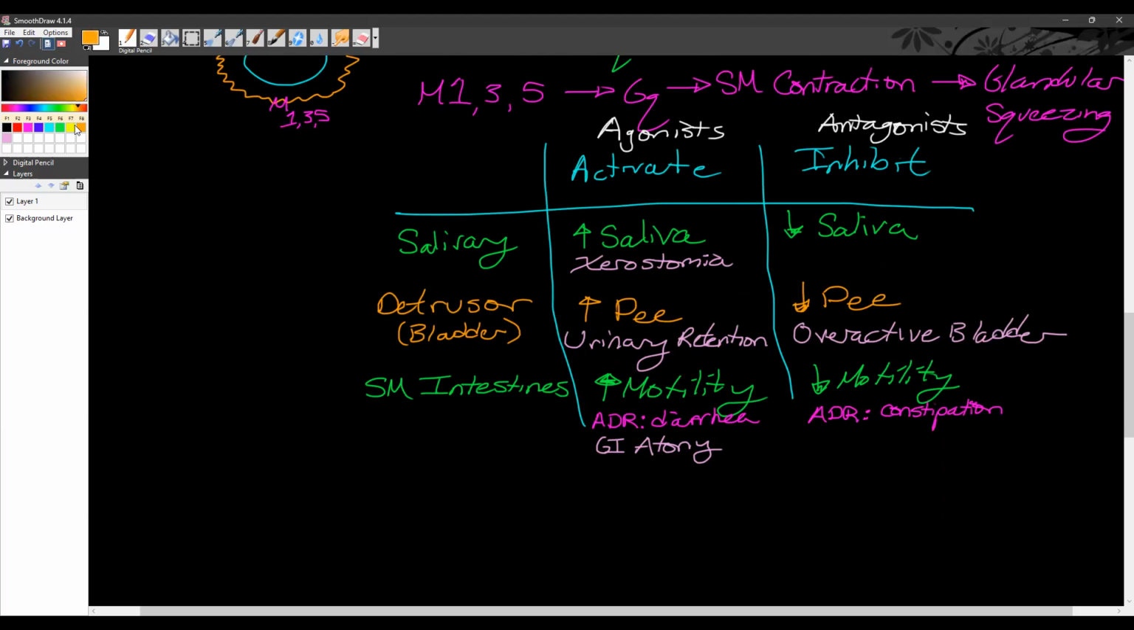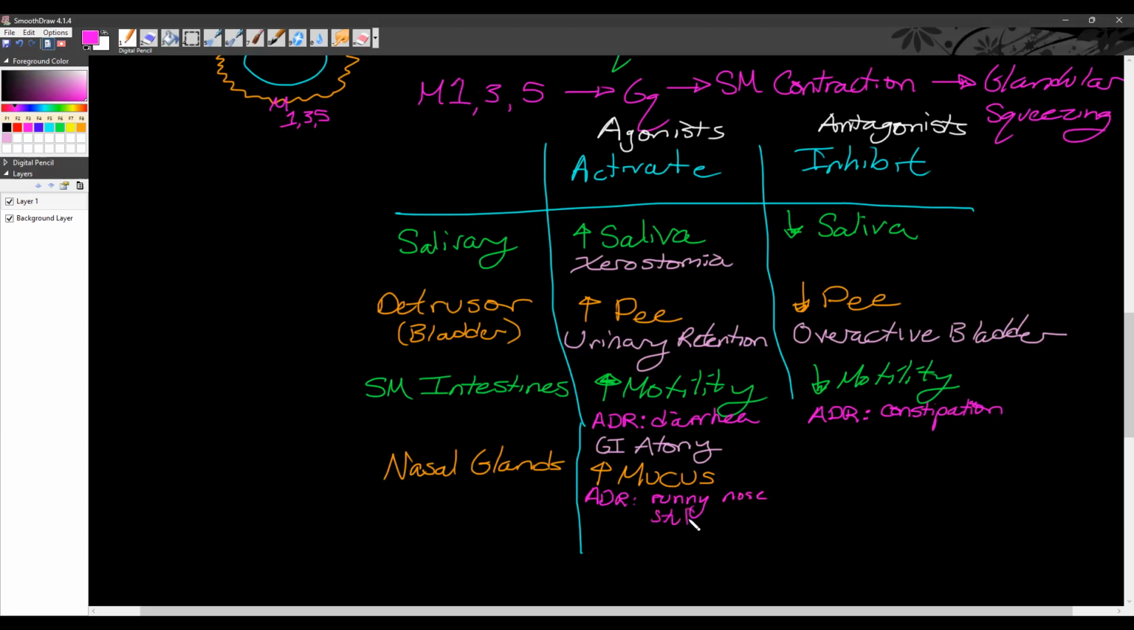Let's talk about nasal glands, specifically ones that produce mucus. What's going to happen if you give a muscarinic agonist here? A runny nose. Yeah, increased mucus. So this could produce an adverse reaction like a runny nose,